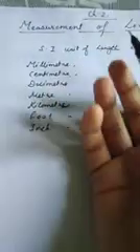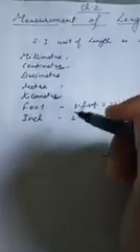Depending upon the need, suppose we have to measure a very big distance, like the distance between two cities, like the distance between Ramgarh and Ranchi. That distance we will measure in kilometer. And suppose we have to measure the length of a book, that distance we can measure by using centimeter. This unit we will use in that case. Similarly, the height of a person can be measured in foot or feet.